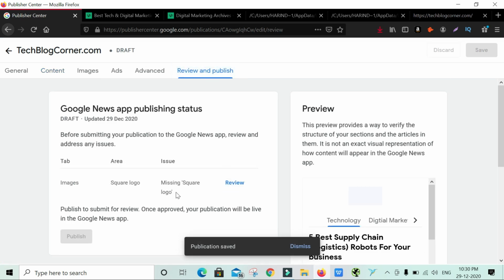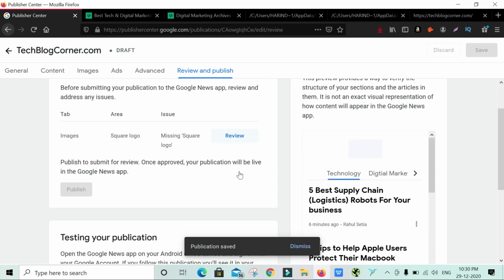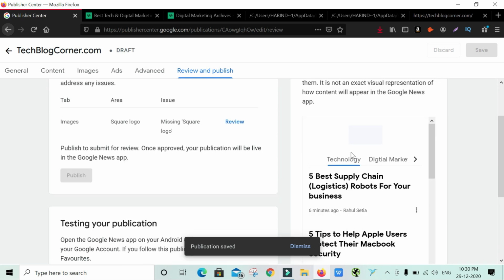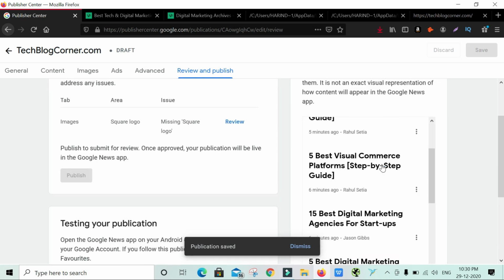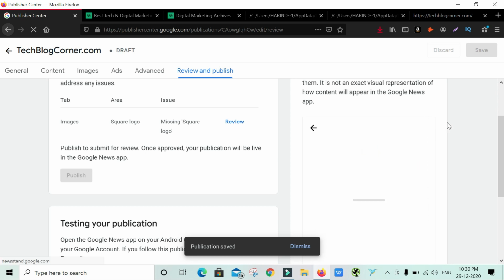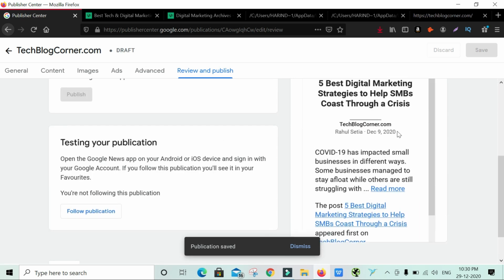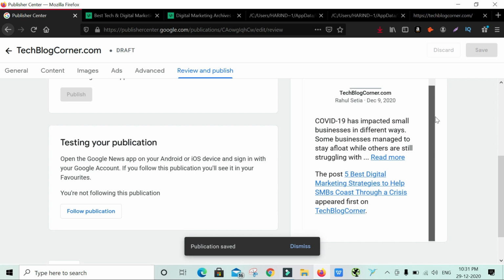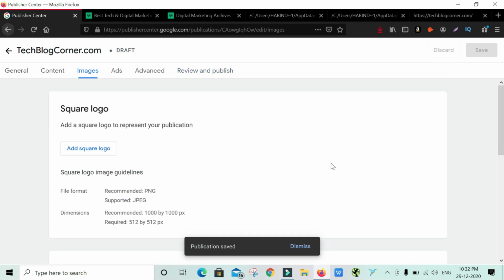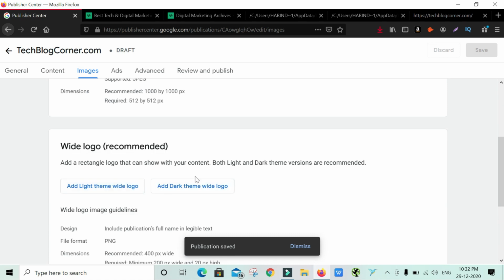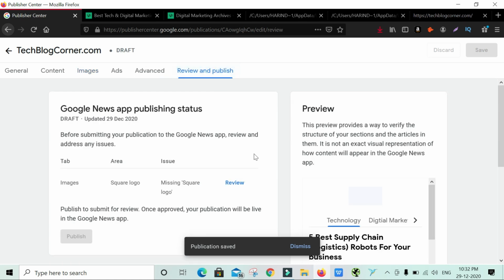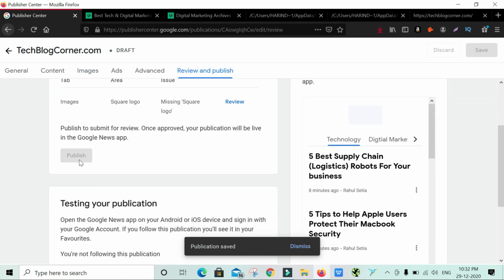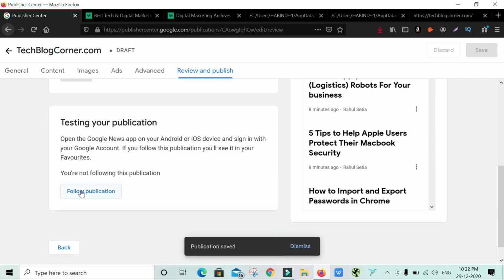Now you can see it has been removed. Yes, you can see I can see my website content here. Once I add the square logo and these options, I can submit. I can see the publish option.